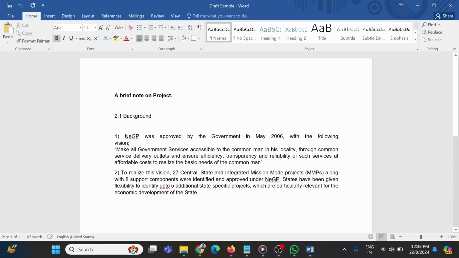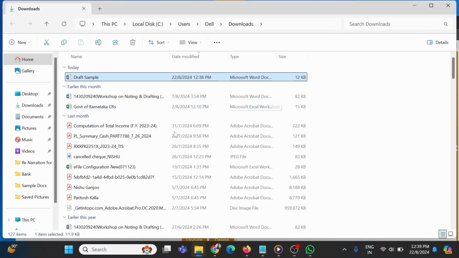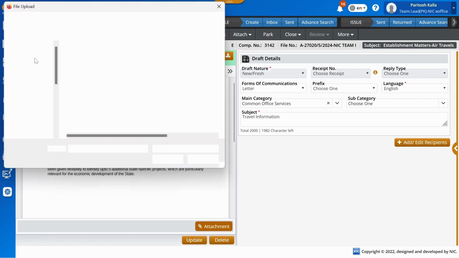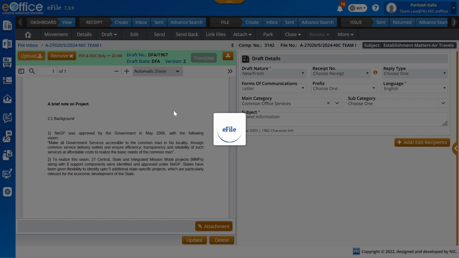This is so because the content was prepared on a different platform, which may have some complex styles, proprietary formatting, etc., and as discussed in the draft creation section, this may otherwise cause formatting issues when made directly available in the editor. Hence, to avoid such concerns, it is wise to make it available in as-is format by uploading and downloading it again to make changes on the same tool, such as MS Word.